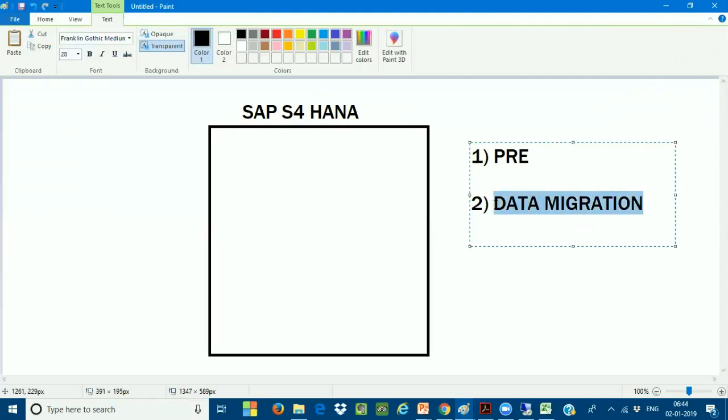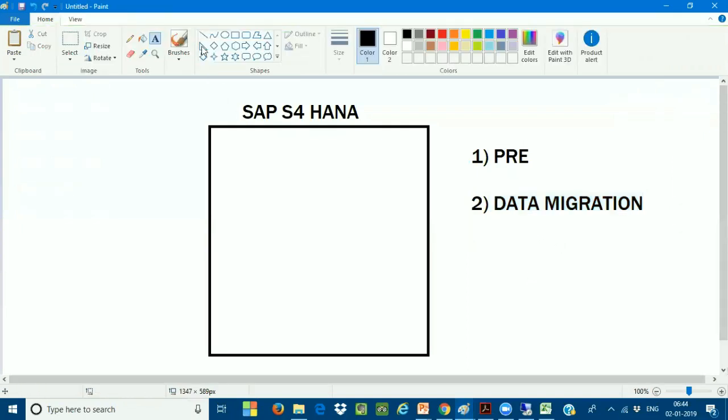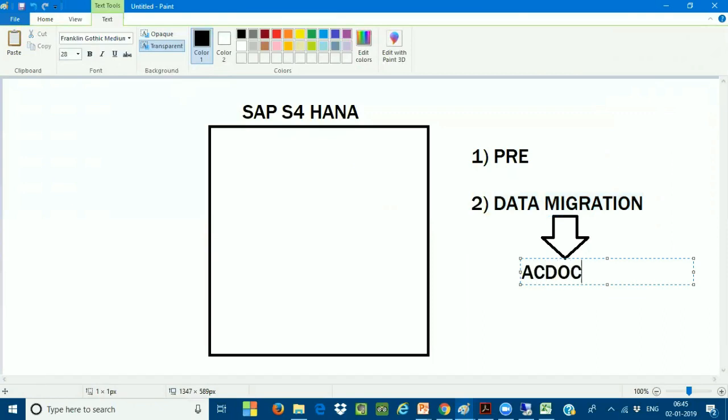In the data migration, step number 2, after the technical conversion has happened, I will do the data migration. Data migration is nothing but this: I will bring all the data from the previous tables, from the BSEC table and from other tables, and make the data available in the ECDOCA table from today onwards. All the historical data from the last 5 or 6 years is available in the ECDOCA table. And the same data is also available in the BSEC table. So both the tables are maintained with the same data.